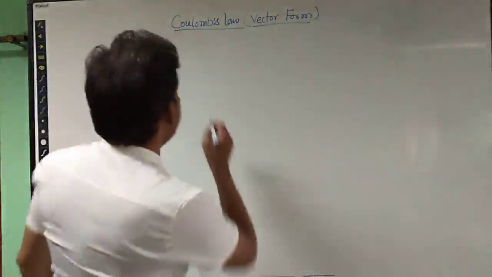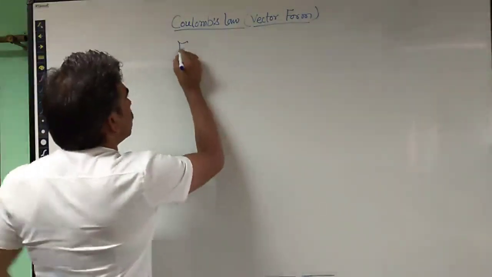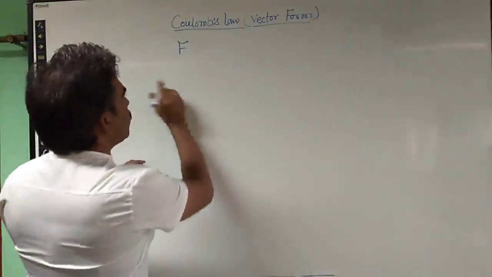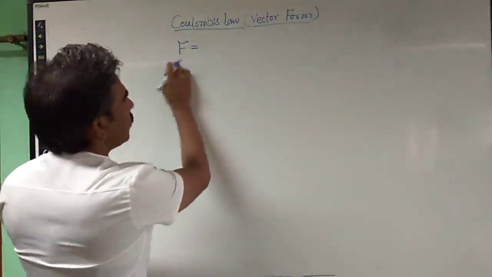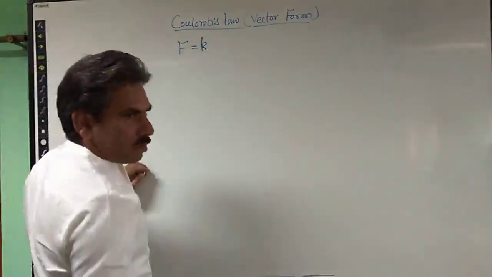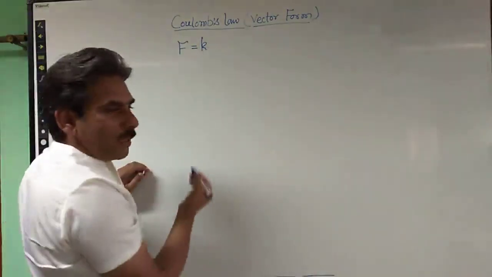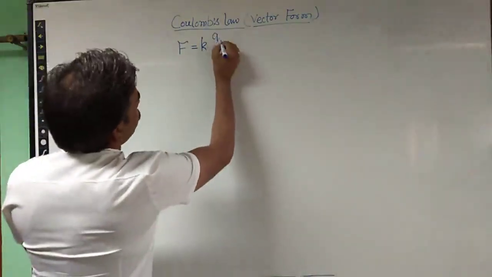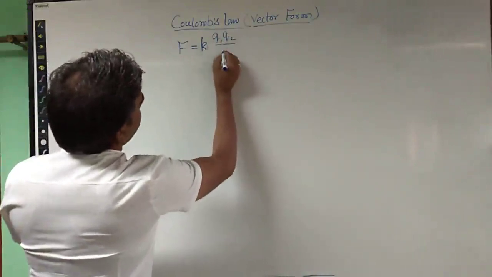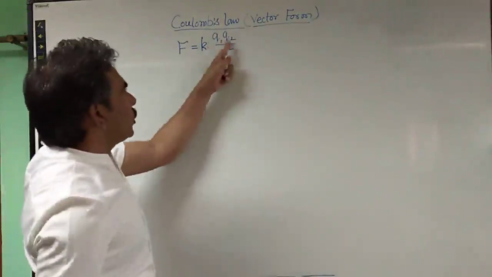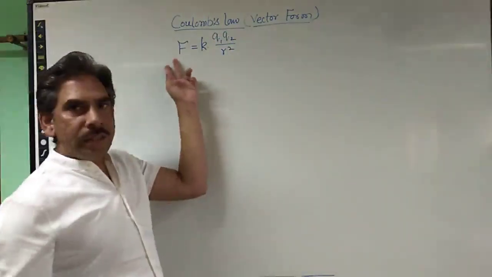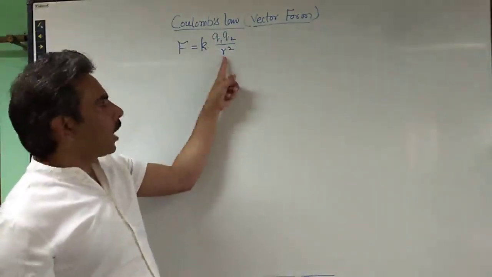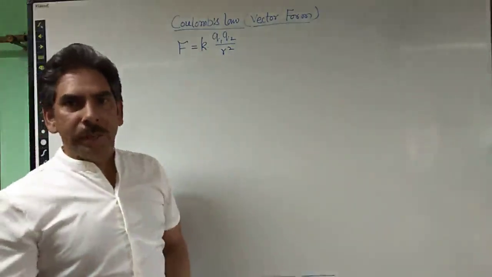Okay, Coulomb's law we already know. The expression for Coulomb's law in terms of its magnitude is given by F is equal to, this is the electrostatic force, K constant, which is 1 upon 4 pi epsilon naught, into Q1 into Q2 divided by R square, where Q1, Q2 are the two charges which are interacting. They are exerting forces on each other, and R is the separation among them.